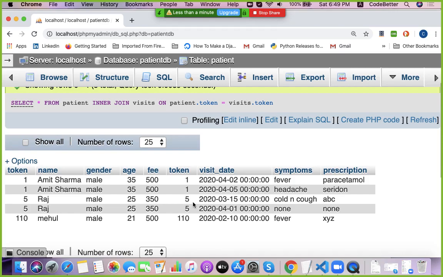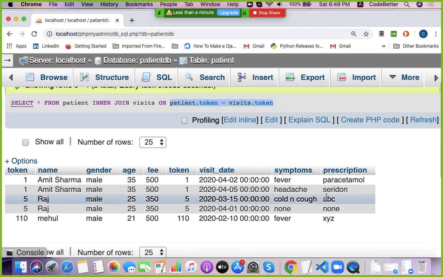So the same syntax can be written using inner join. Inner join helps to join the tables on some common columns. It gives a similar result. Got the idea, everyone?